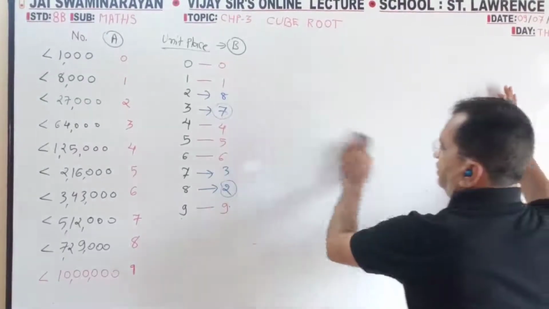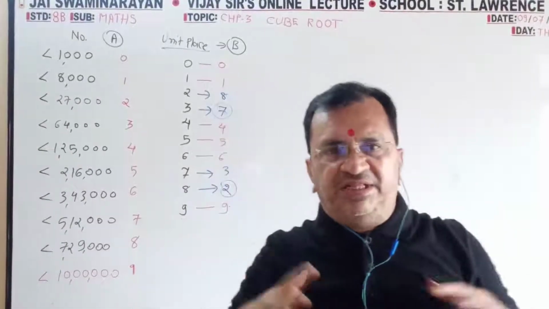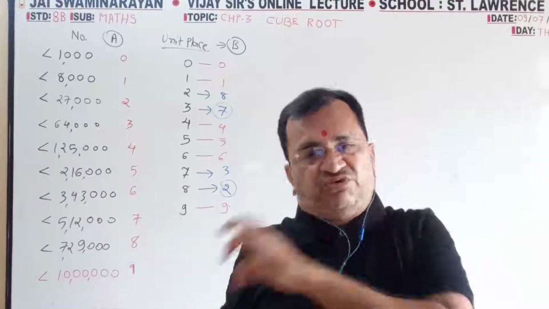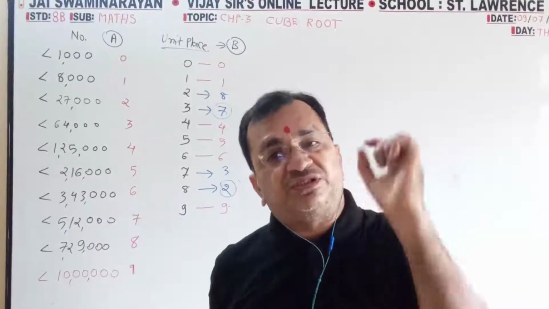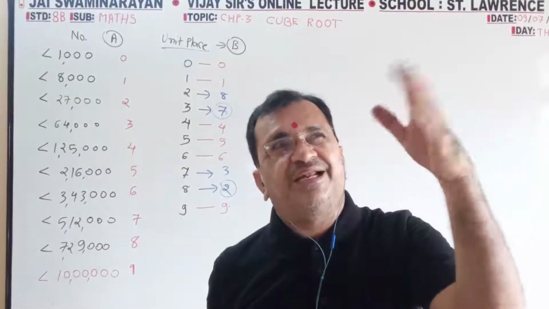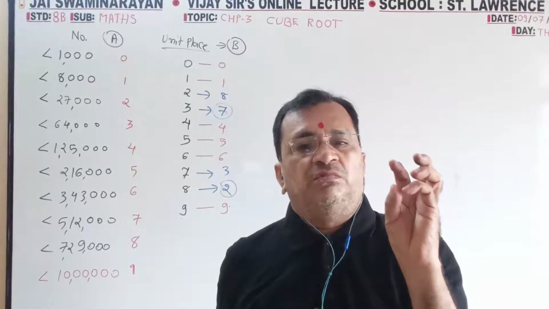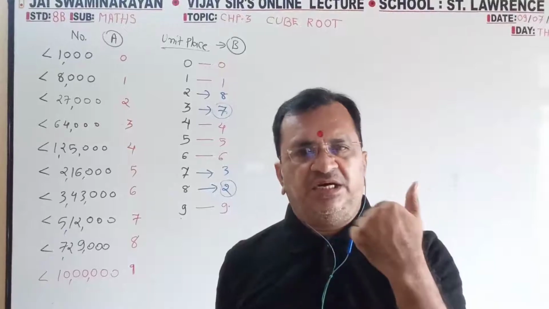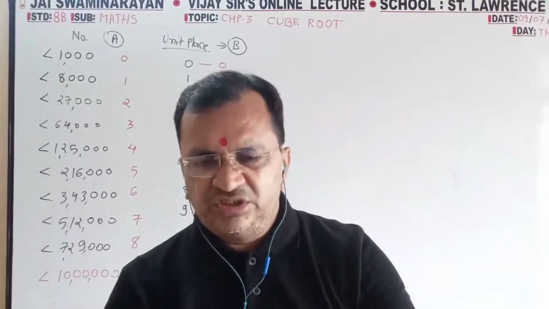Two students are ready with the calculator. You multiply. You don't tell me the number which you are multiplying. For example, 12 into 12 into 12. Do it 3 times. Assume one number less than 90. Multiply 3 times. Give me the number. Then at the end, I will give you the answer. Start.